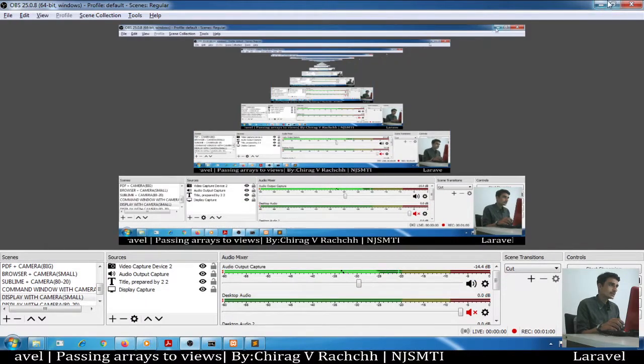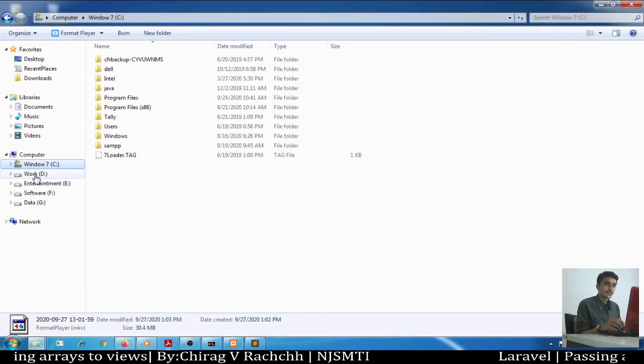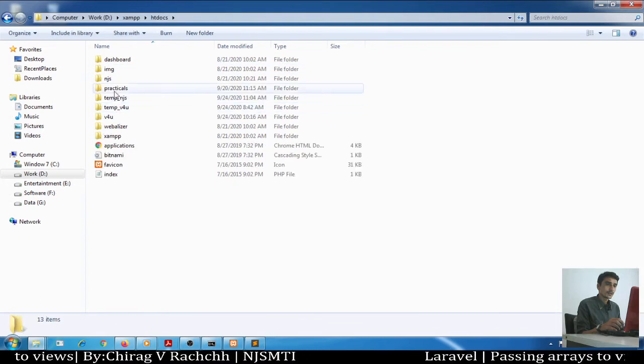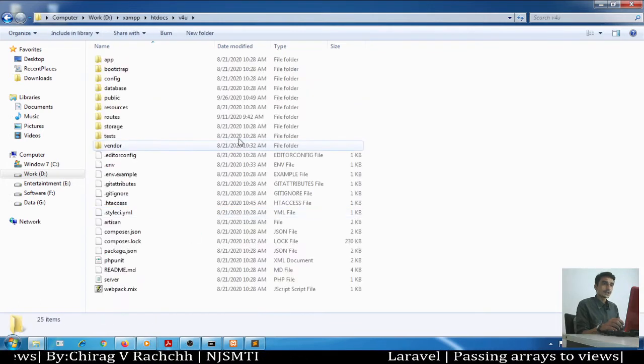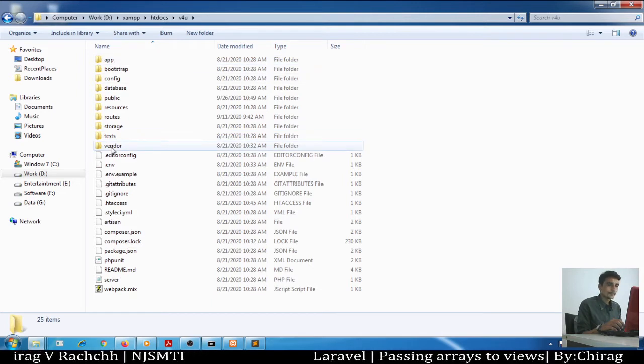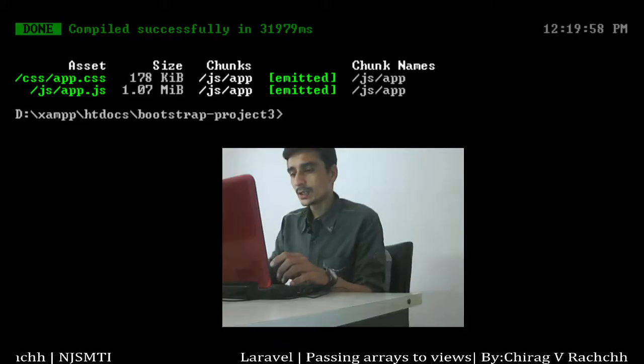So, let me first of all go to the DOS terminal, and let me also show you the project which I have created for this. See, my project is the V4U project, and inside this V4U project I will create one controller. So let's go to the command window.